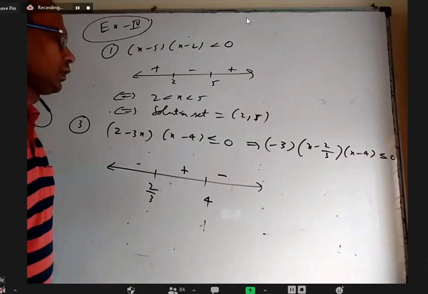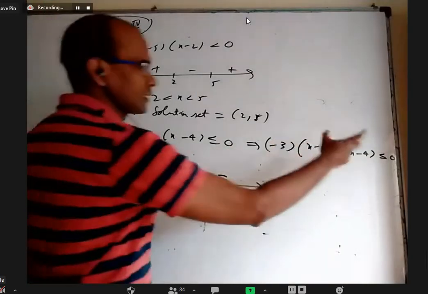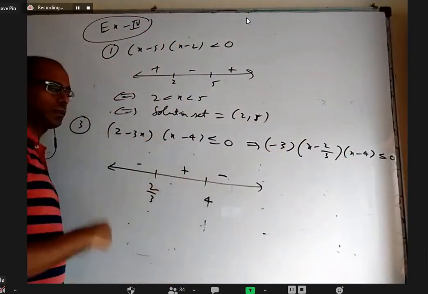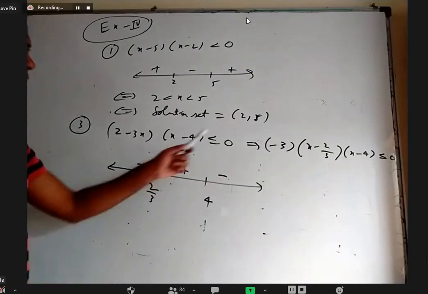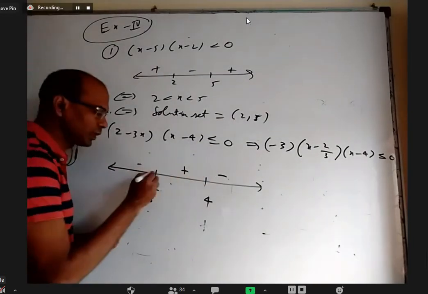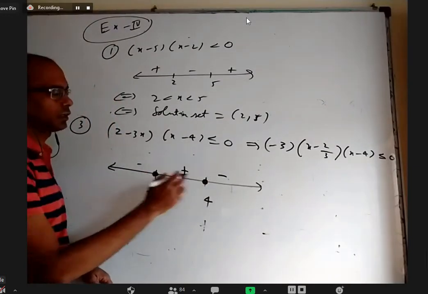Yes. Okay, so after 4, when you're putting a number, it came negative for me. You can see here, this is positive, but this is negative. After 4, it is negative. Then alternately backwards, positive, negative. Now I want it to be negative and equal to 0 is also there. You have to see equal to, so 2 by 3 is included. 4 is also included. And everything after that.